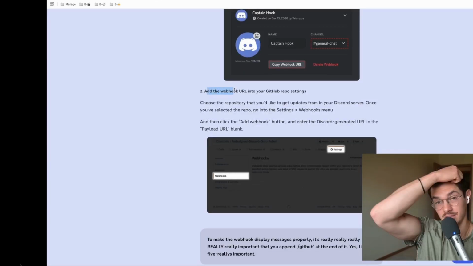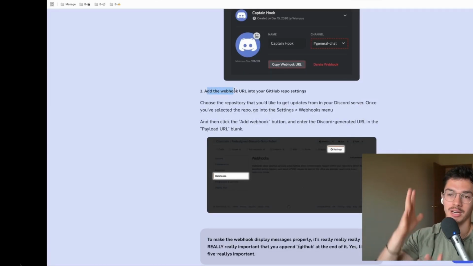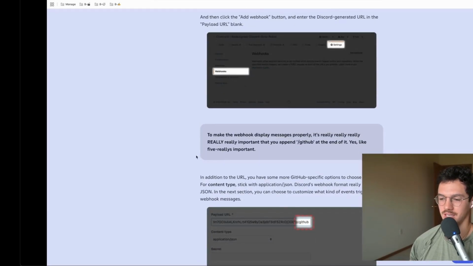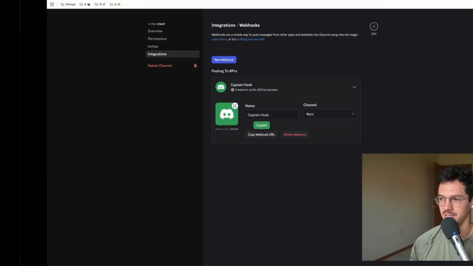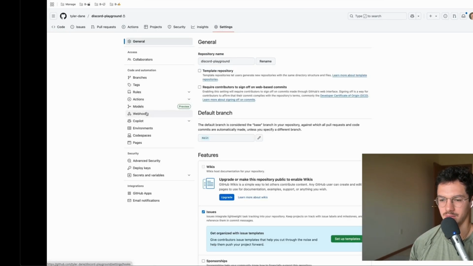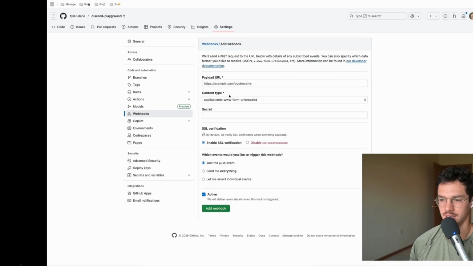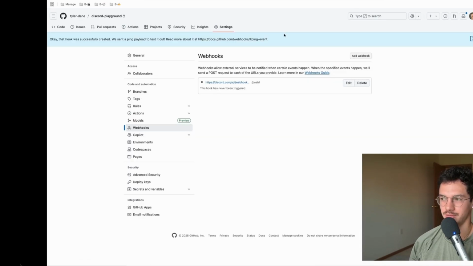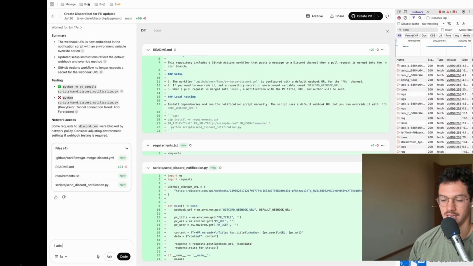Okay, so I did create the webhook link, but I need to tell GitHub about this webhook. I have to go to settings, webhook, and then do /github. We're going to copy this again, go to GitHub, settings, webhooks. All right, let's see. Cool. You can see if it's been triggered. I added the webhook to GitHub. Please try again. If it fails, give me step-by-step